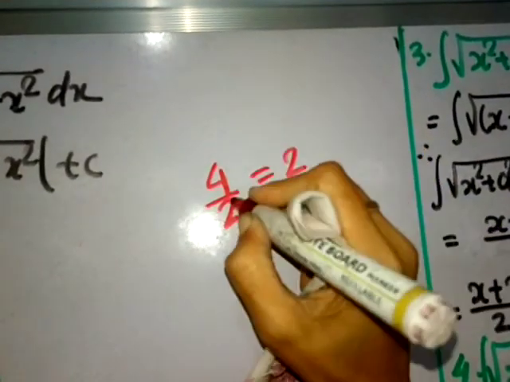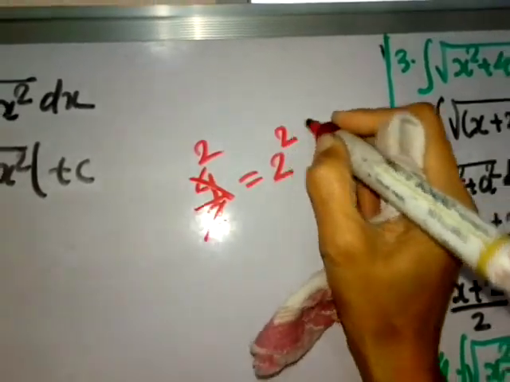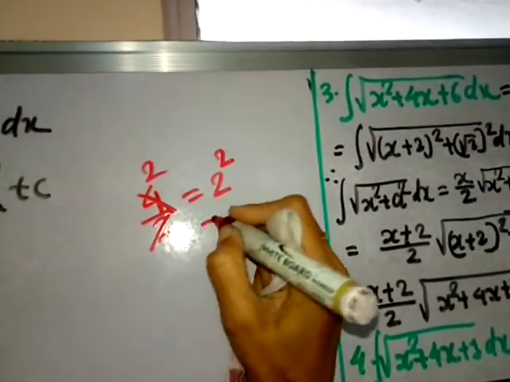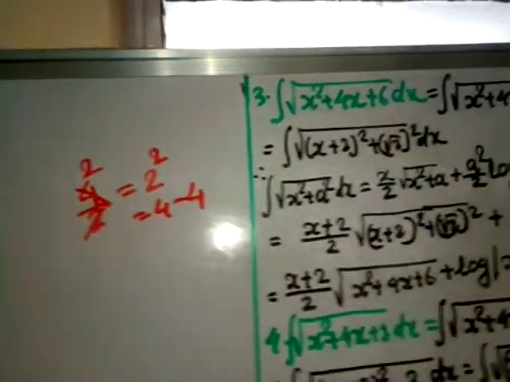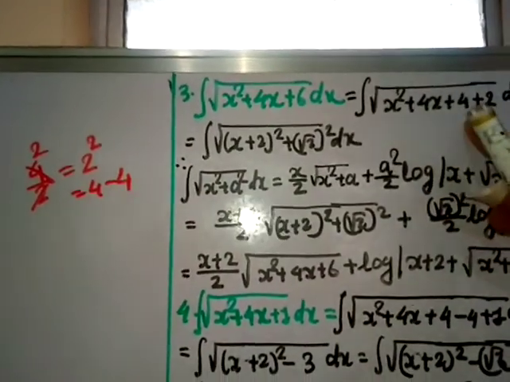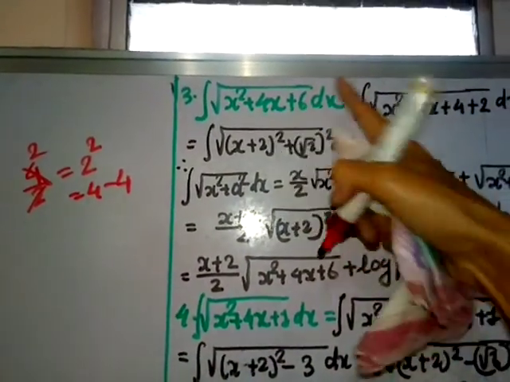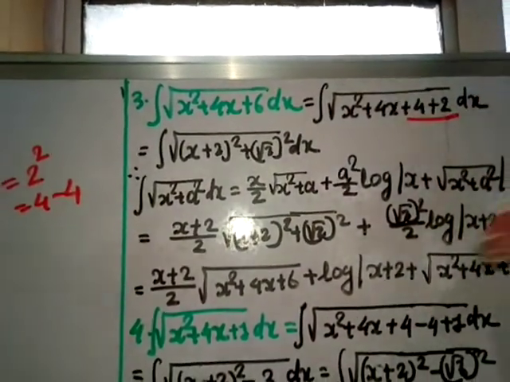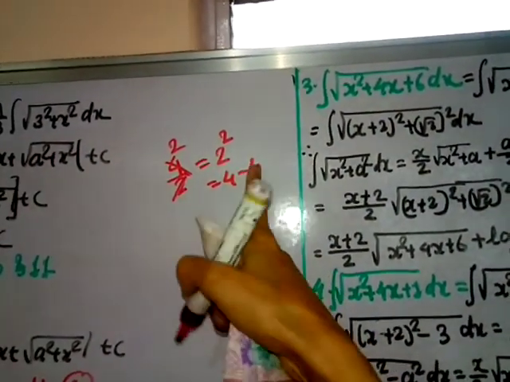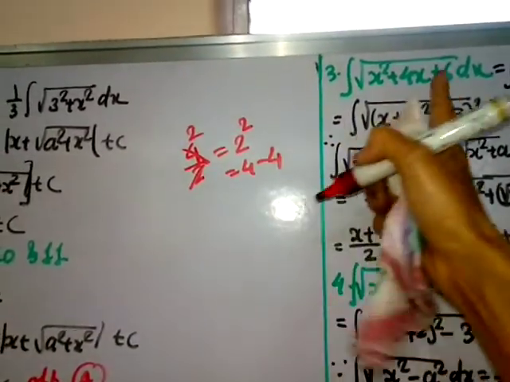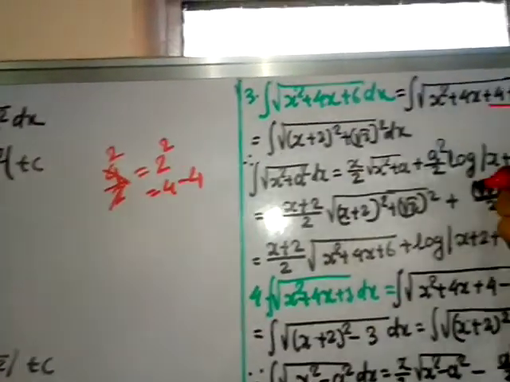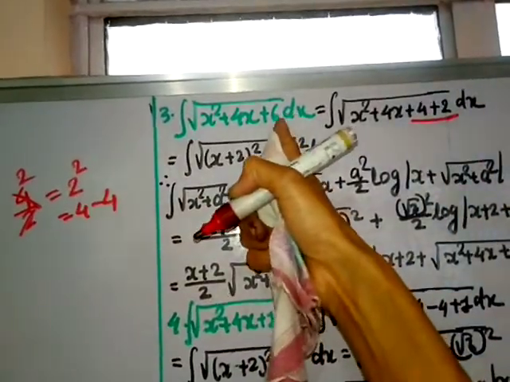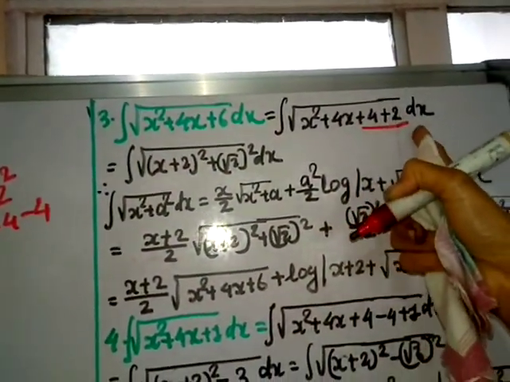So you get 2 and 2 square you have to add and minus, 2 square means you have to add 4 and minus 4, okay. So I have added 4, but here I have not subtracted, since 6 is there, I am just dividing 6 as 4 plus 2, okay. But the procedure is like that, you add 4 and minus 4, okay, and then 6 remains as it is, so actually you will get 2 only, but here since it is 6, I am just dividing 6 into 4 plus 2, okay.